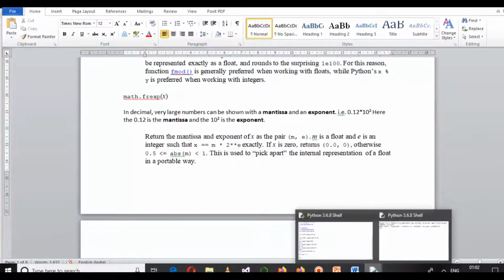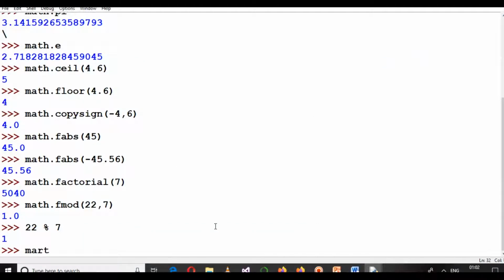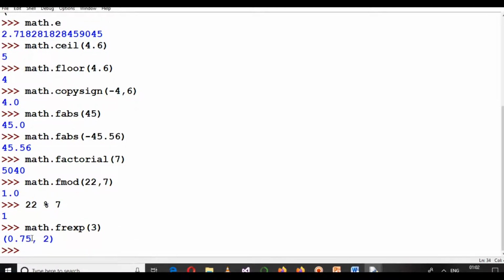So let us go ahead and calculate some values here. math.frexp, and let us calculate the value of 3. You will get the answer here, 0.75 and 2, so you can take this as 0.75 multiplied by 2 raised to the power of 2.